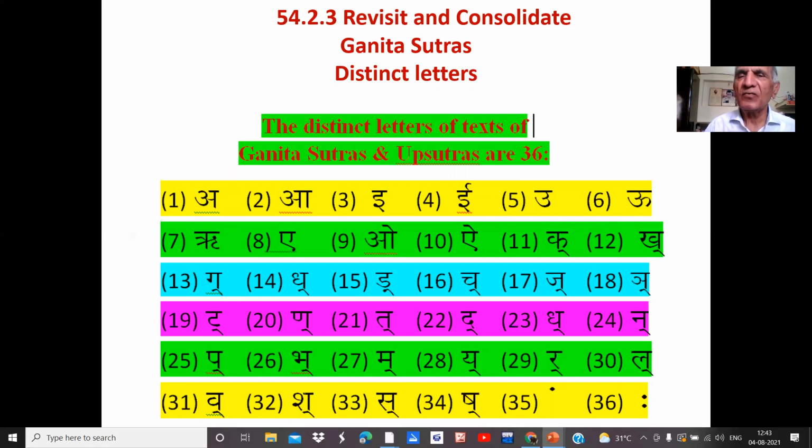We have to begin with Ganita Sutras. Ganita Sutras presume the values of Devanagari alphabet. The text of Ganita Sutras is availing only 36 distinct letters out of the 50 letters of Devanagari. Devanagari Varnamala is a self-sustained format, and of this sustained values, of this values range,